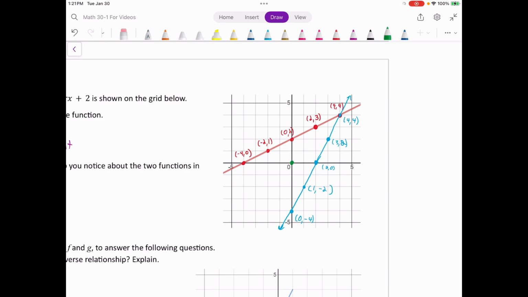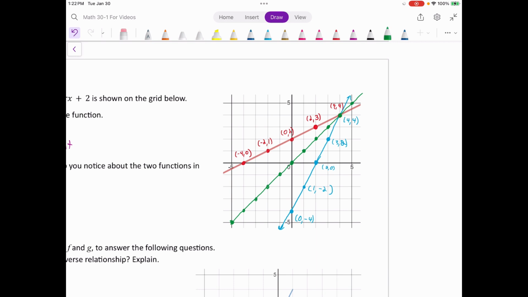0 is equal to 0. 1, 1. 1 is equal to 1. 2, 2. 3, 3. 4, 4. 5, 5. And then going the other way, -1, -1. -2, -2. -3, -3, -4, -4. And -5, -5. Right? And if I connect those with a straight line, what I'm looking at is the graph of the line